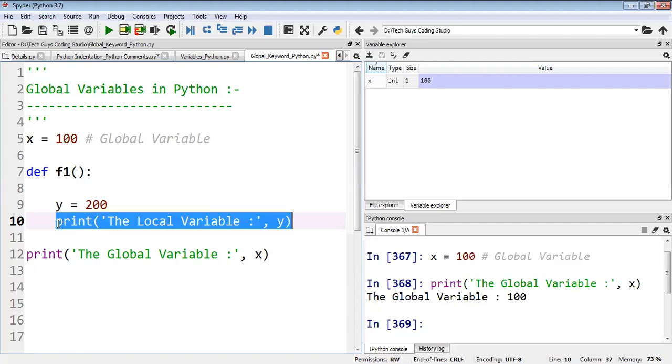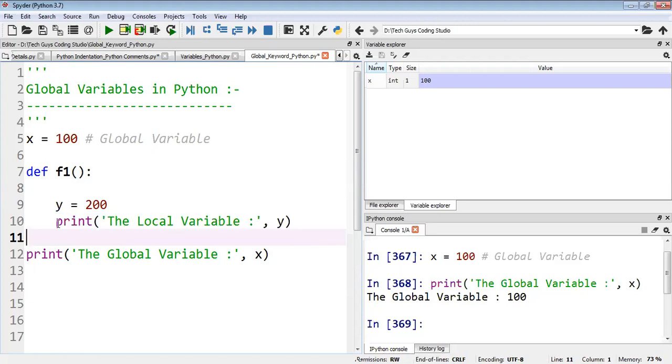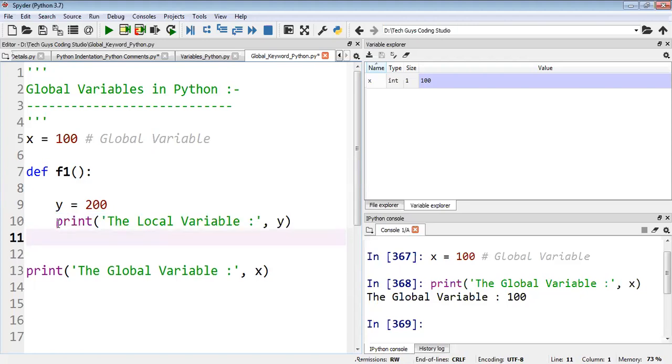Same thing I will copy here and paste it here: the local variable y, and the global variable x.